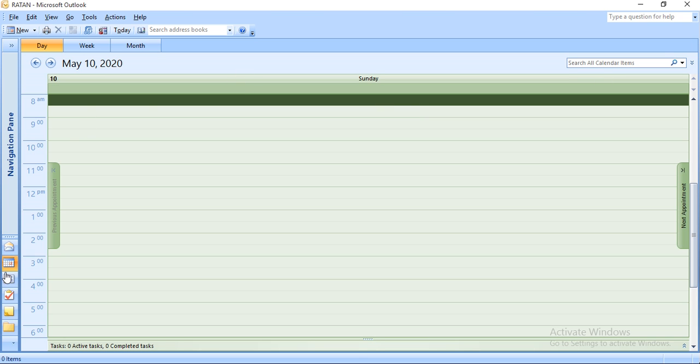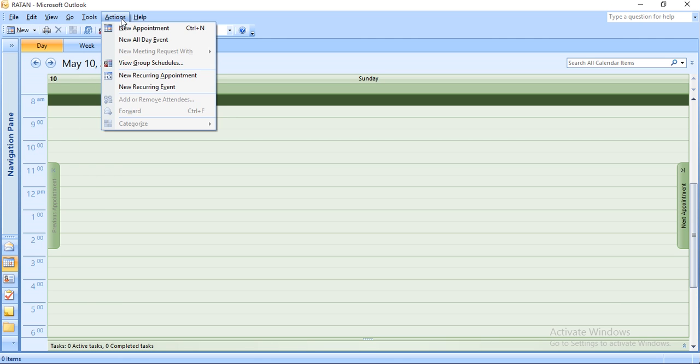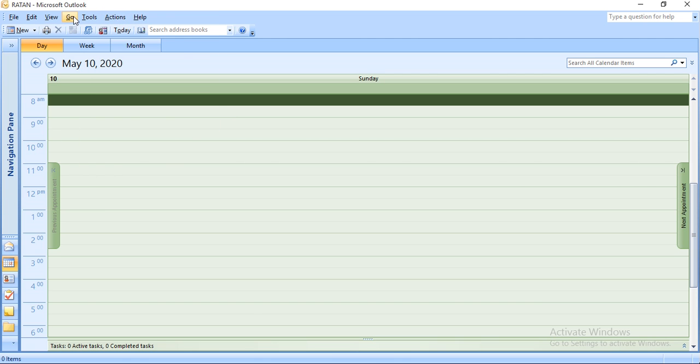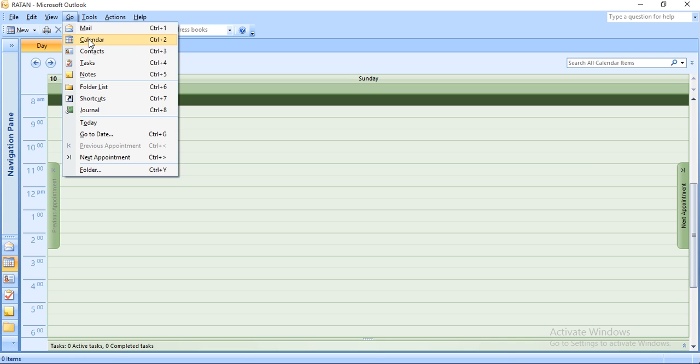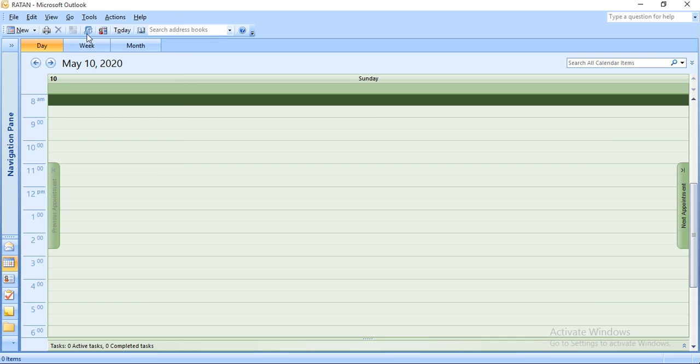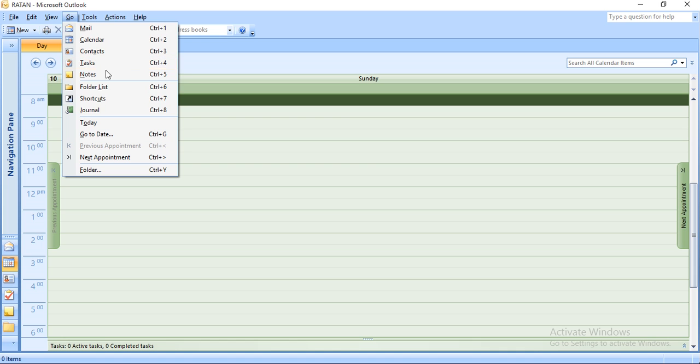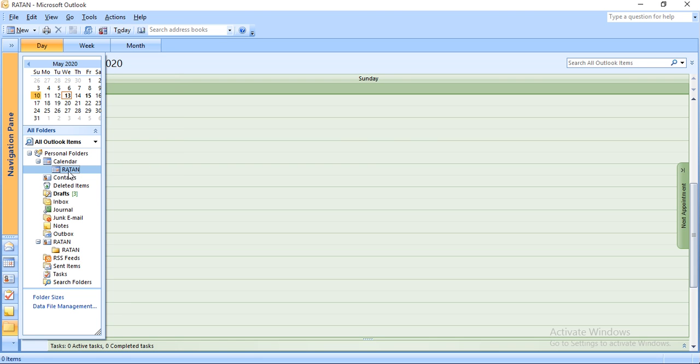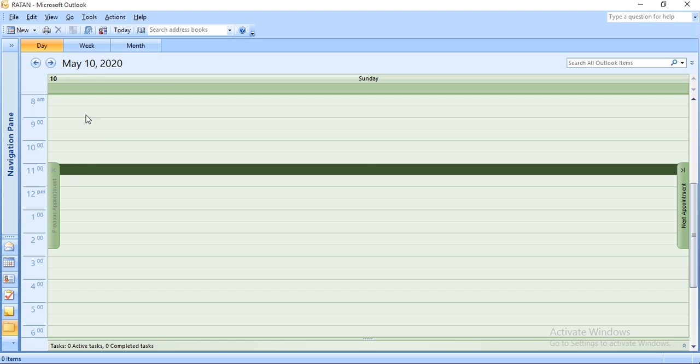Close this one and get the calendar: file, go to action, go to calendar. Which calendar do you want in folder? There is Ratan, in which you will get the calendar.